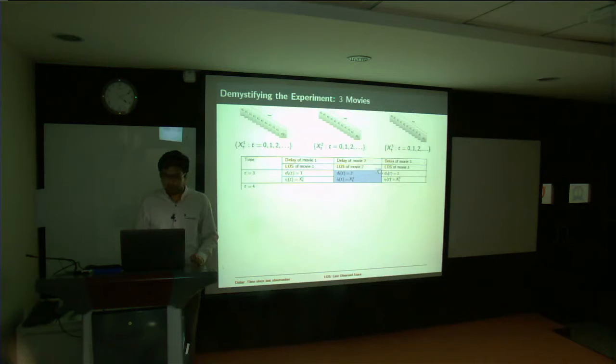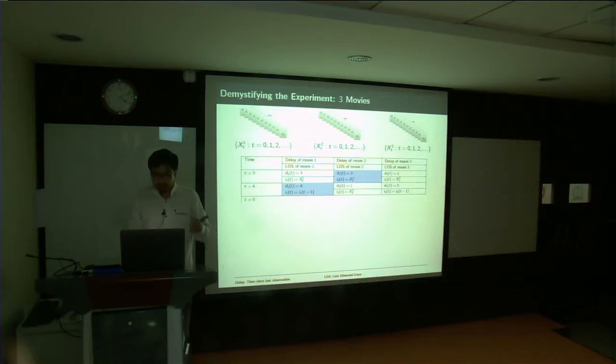Now at time t equal to 3, let's say you chose to look at movie 2. How does this update now? The number of time instants back in time that you observed movie 1 is now 4. You observed it only at time t equal to 0. Now you are at time t equal to 4. D2, you just observed it in the previous time instant, right? The previous time instant says you observed movie 2. So its delay is 1. Movie 3, you observed it 2 time instants back.